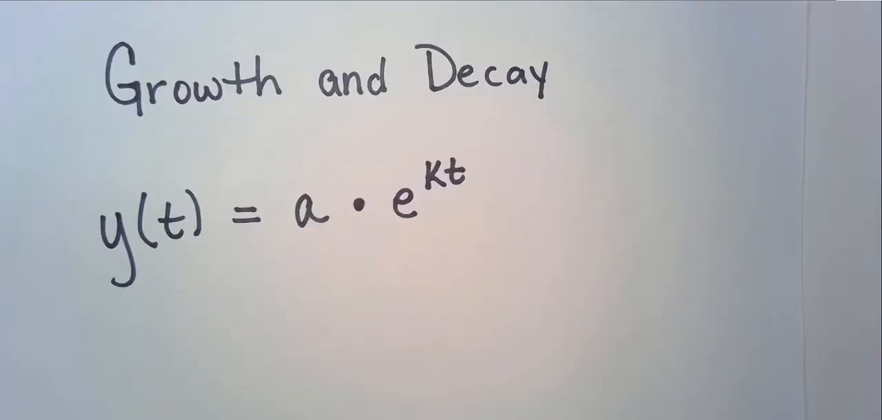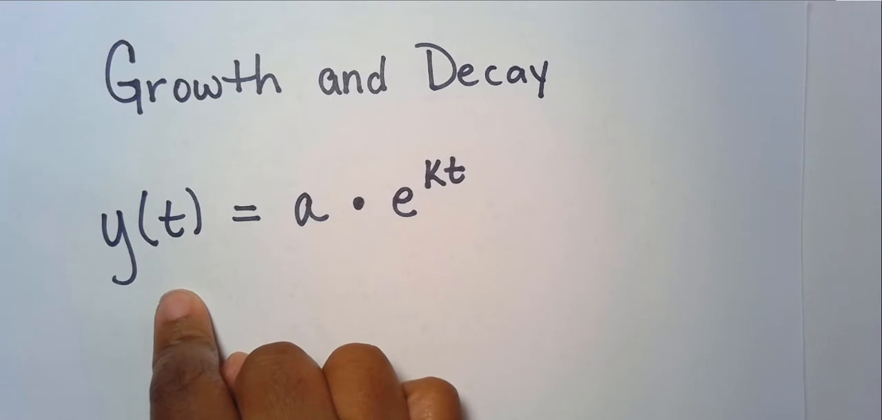So we're going to take a look at some word problems that cover the topic of growth and decay. But before we get into the word problems, let's look at the formula for growth and decay, and let's look at what each represents. When I say each, the formula,